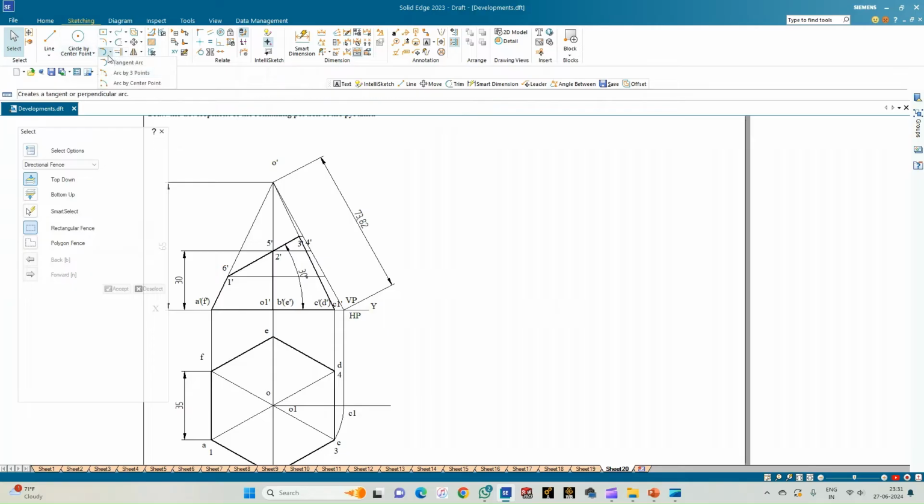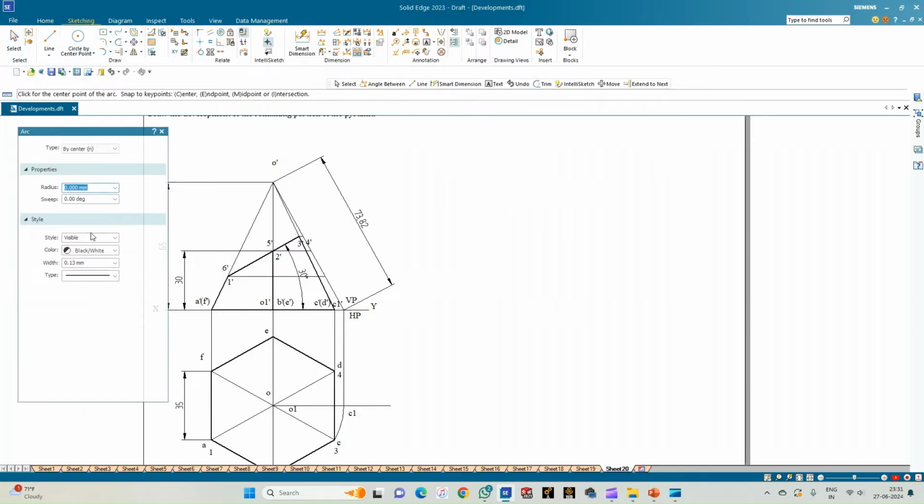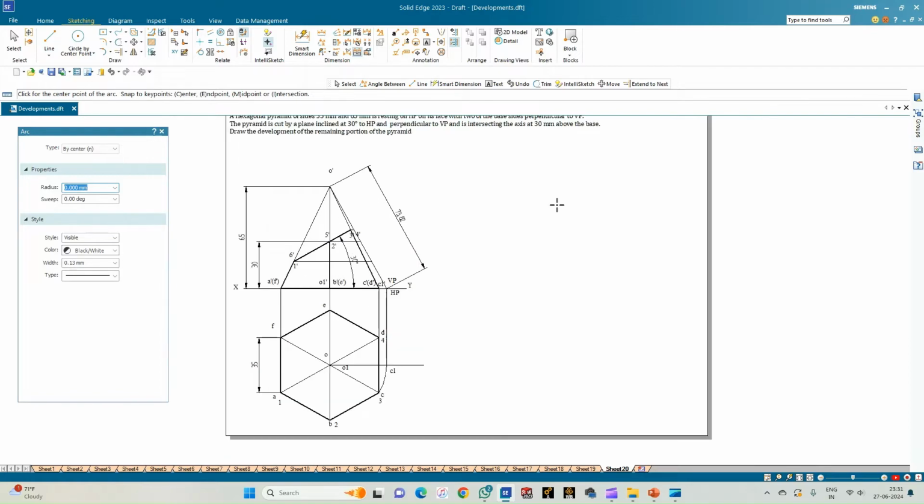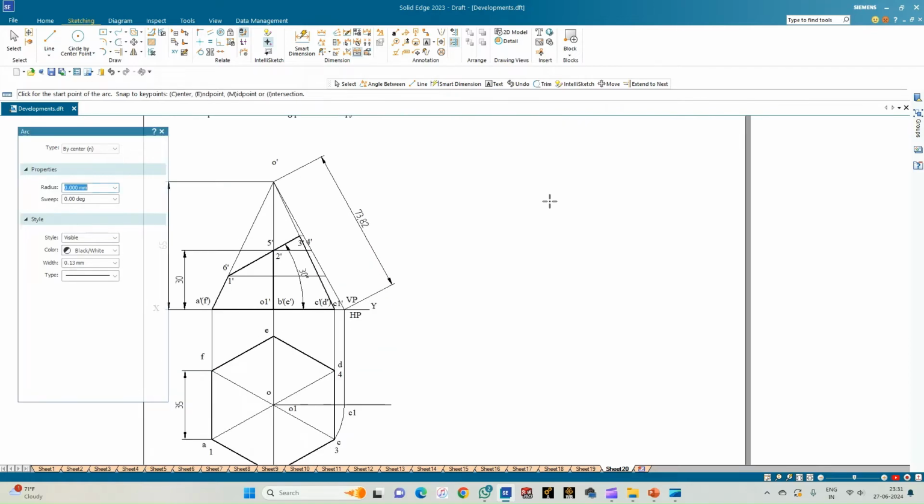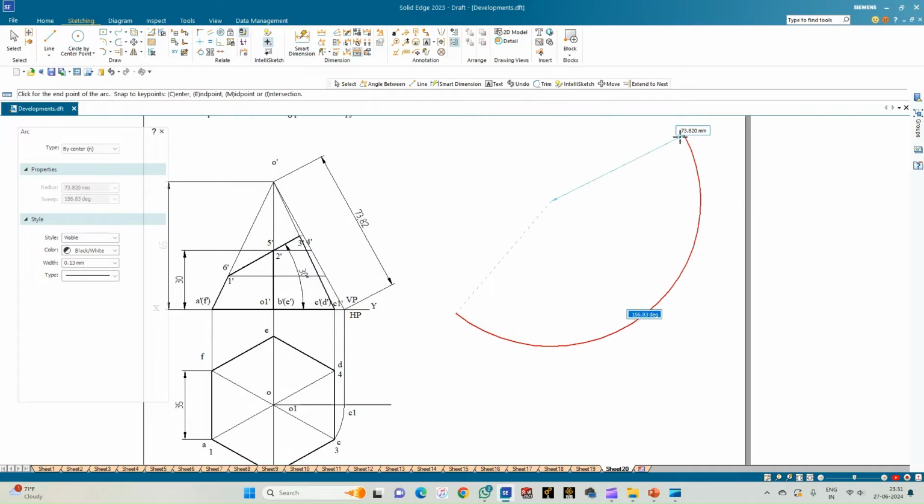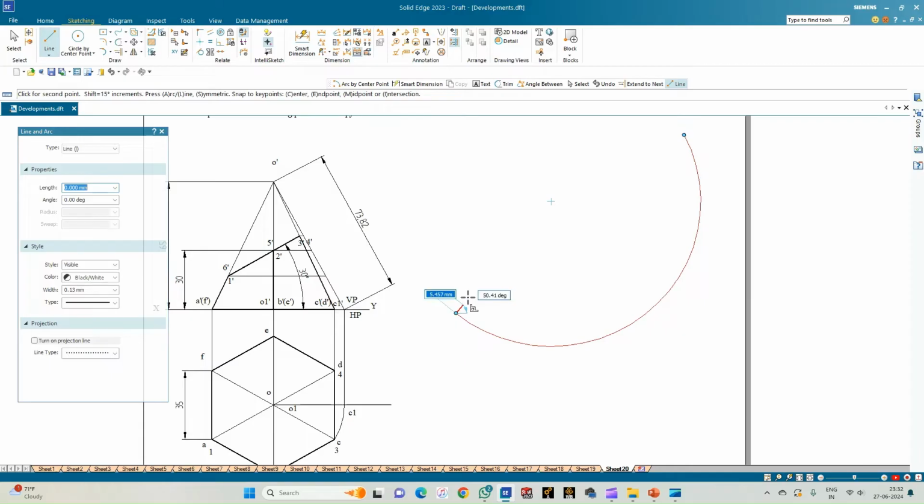So go for arc by center point, select a line of thickness 0.13. So from any arbitrary point, sweep an arc of radius 73.82 mm, 73.82, and then sweep an arc. So now use the line option, connect one end of the arc to the center point, and from this point as the reference, let us divide this arc into 6 equal parts because it is a hexagonal pyramid and there